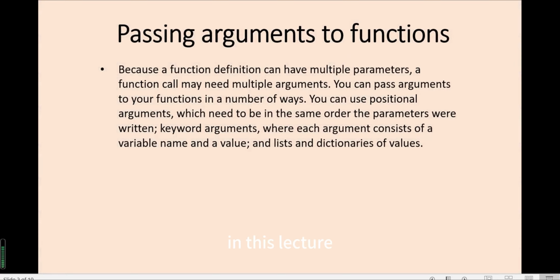In this lecture, we will talk about passing arguments to functions. Because a function definition can have multiple parameters, a function call may need multiple arguments. You can pass arguments to your functions in a number of ways. You can use positional arguments, which need to be in the same order the parameters were written when defining functions,